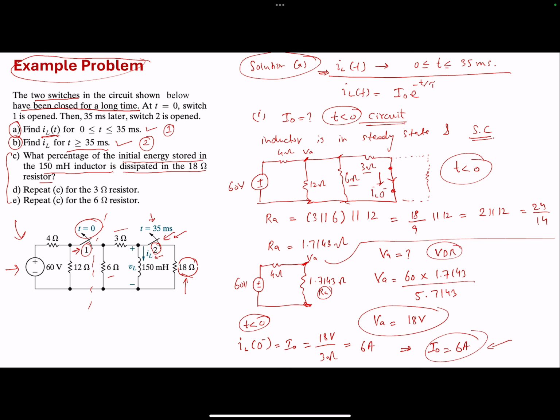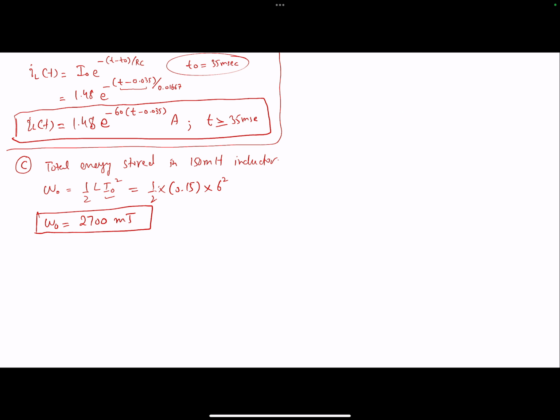The voltage across the 18 ohms resistor should be equal to the voltage across the inductor, V_L. So let's now find the power dissipated in the 18 ohms resistor. Why am I finding the power? Because then I can easily integrate the power to find the energy. Since the voltage across the resistor is the same as across the inductor,